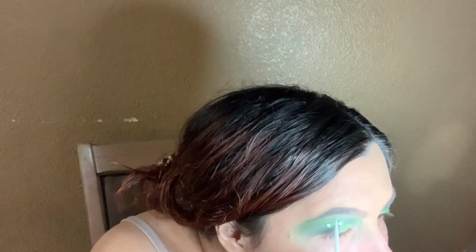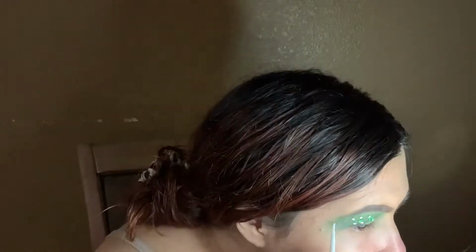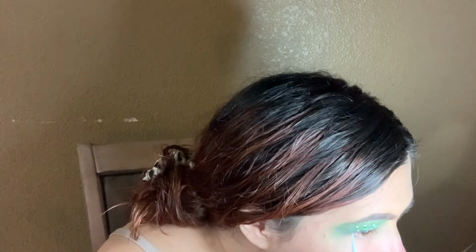So now I'm applying the gems, and I just use my regular eyelash glue, and I would just make a little dot, just put enough glue that the gem would sit comfortably in. And I just did that over and over again. And as I started doing the process, I noticed, let me just do a few at a time. So I was starting with just one at a time, and I was like, I'm gonna do 2 to 3 at a time just to kill time, because it did take a lot of time, I'm not gonna lie. Okay, this one looks done, but now I have to do the other side, and I'm like,